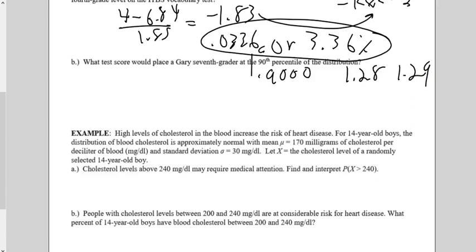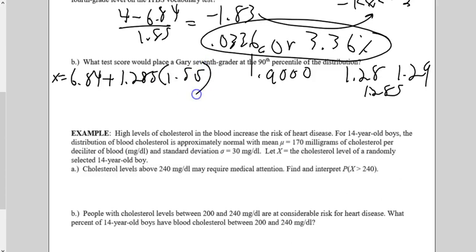Okay? So I'm going to use 1.285 to be the most accurate. So I'm going to take 6.84 plus 1.285 times 1.55. And that's going to give me a score of